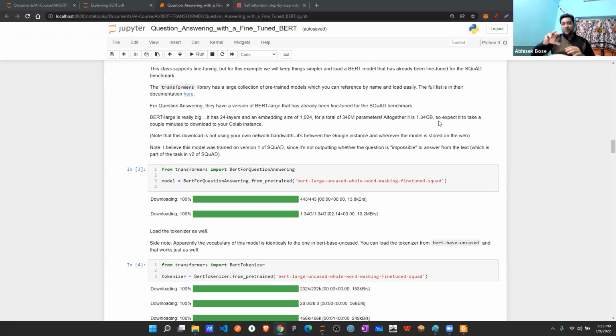So why are we using this via transformers? Because if I asked you to gather this kind of data and train your model, that is so painful. First of all you have to gather this 1.34 GB of data, then on top of that create your own transformer model, then train your model, and only then can you run your queries. Now, someone already did that. Why can't you reuse it? Because it will save natural energy.